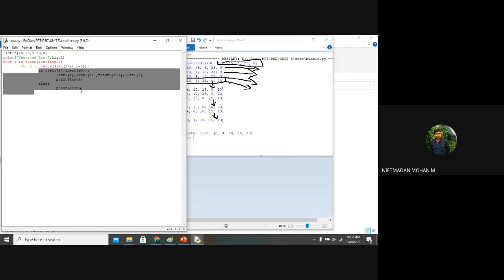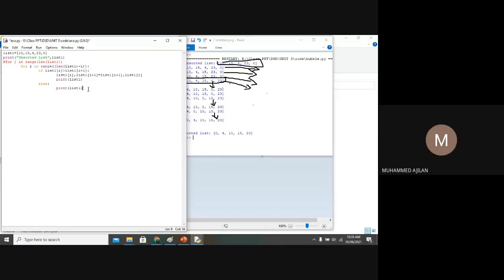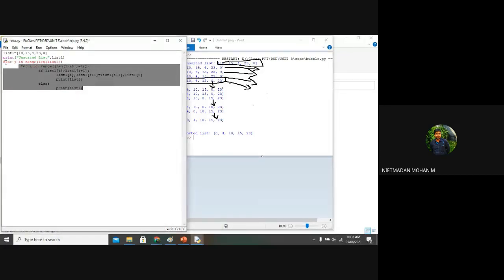And this if else statement will be terminated once this for loop is getting false, right? Now this for loop and this if else will be terminated once the J loop gets false.